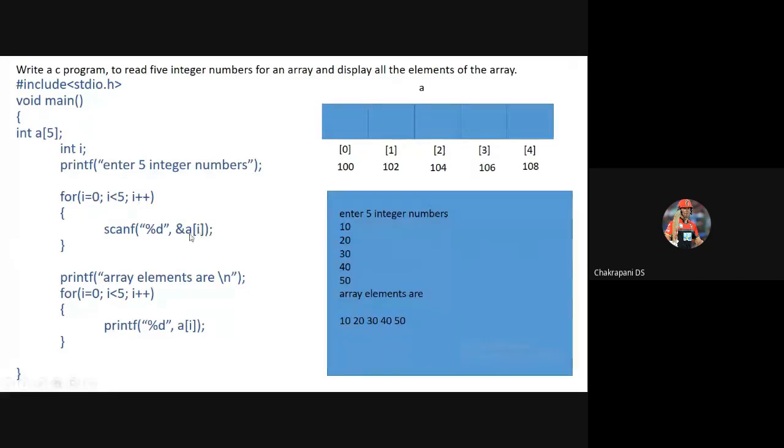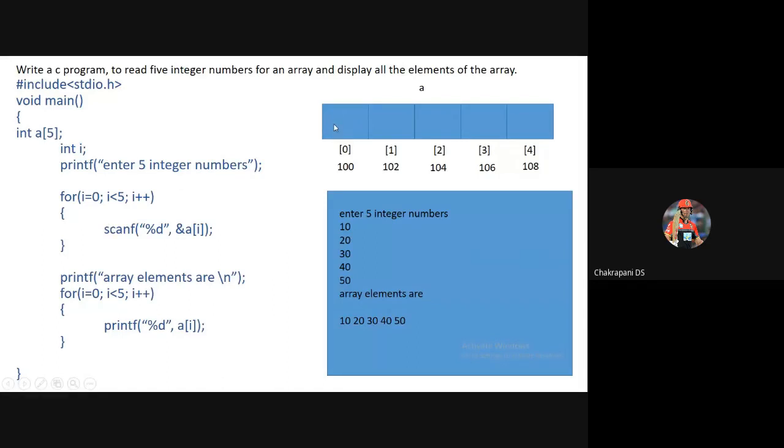Address of a is 100. A of 0, the index value of a is 0. In that particular memory block, the first value entered by the user must be stored. That particular memory block is the first memory block. That is how the first value entered by the user gets stored in the first memory block here.